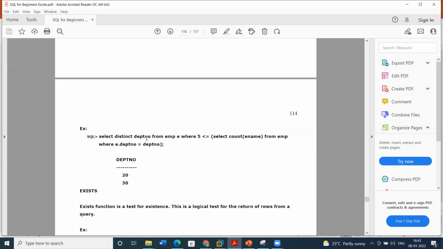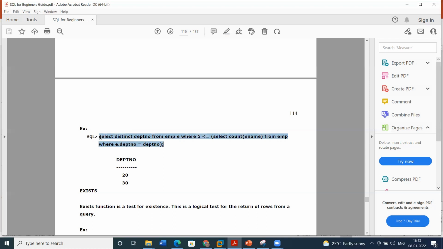The main parent query has department number E, and this is the subquery, where E dot department number is equal to department number. That gives the total number of employees in the department.